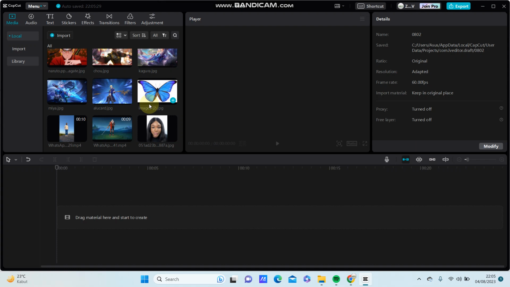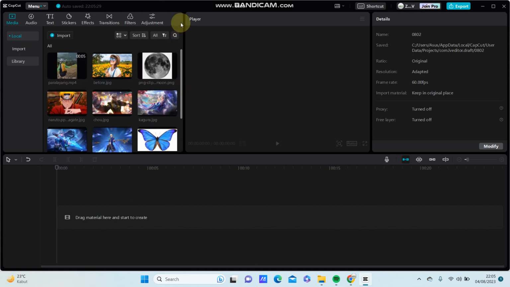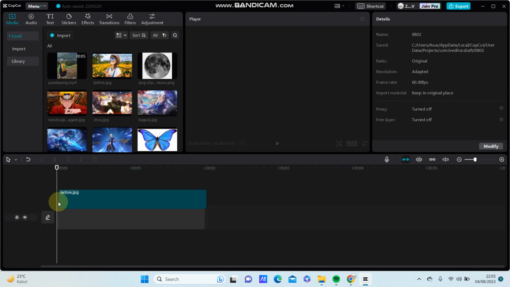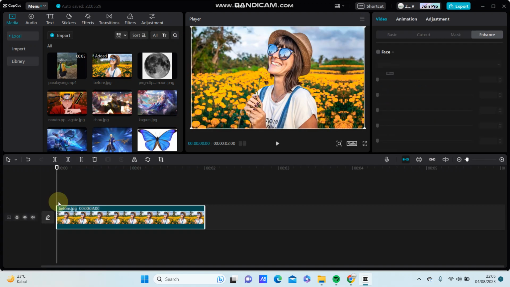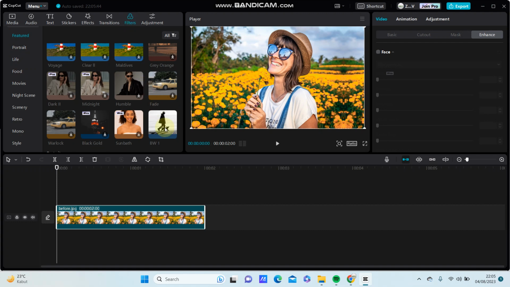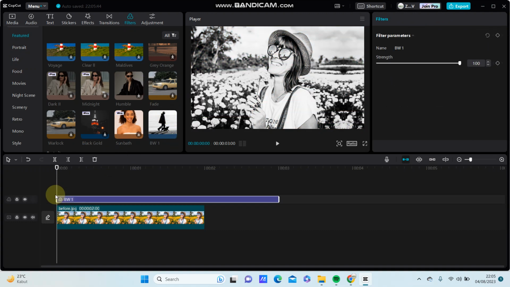So for example, I'm going to add the photo to the track, so you can select filters that you like. For example, I'm going to select VNW, just add to the track and